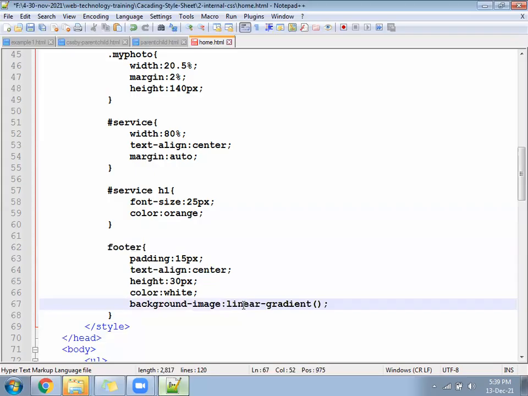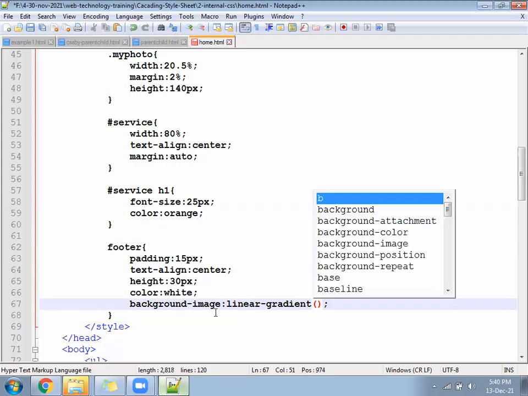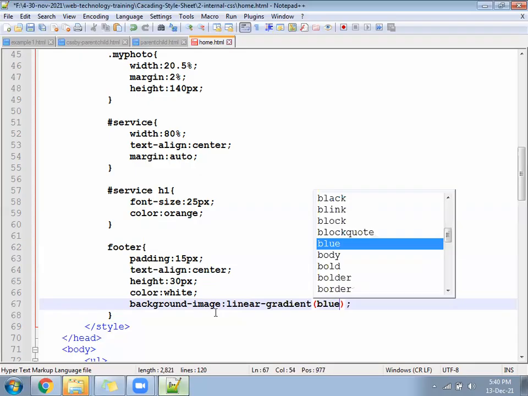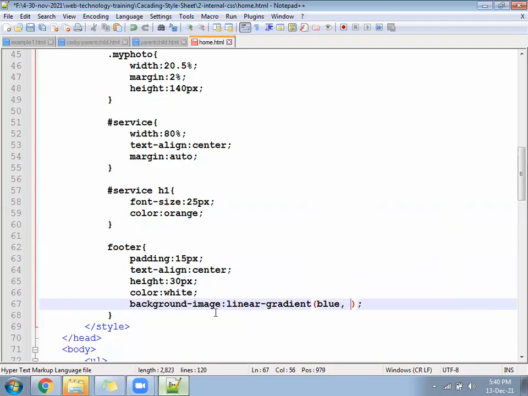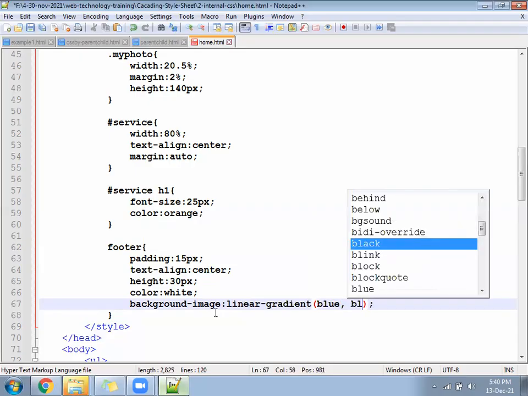Linear gradient works in multiple ways. We will be working on that. We can apply many types of background. In this, first we are going to write the first color. In the footer, the upper portion will be blue color, and the lower portion will be black color. So how many color combinations? 2.